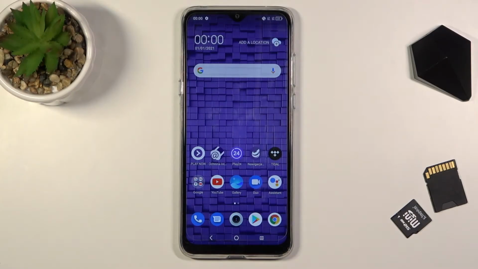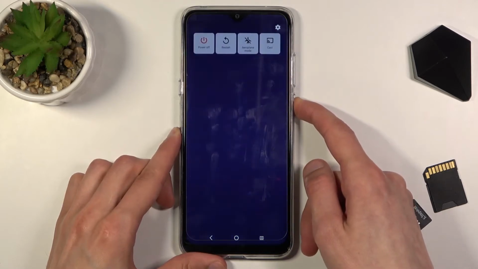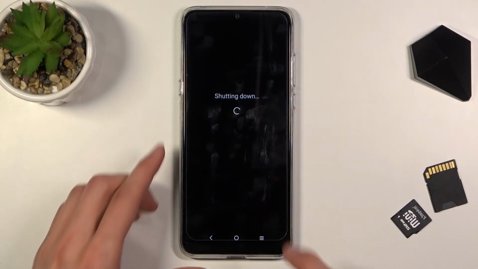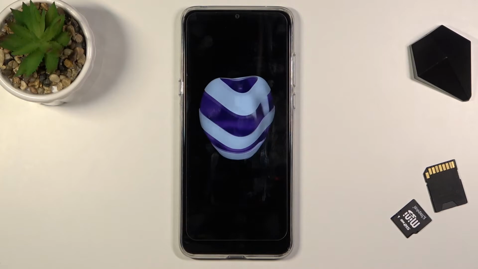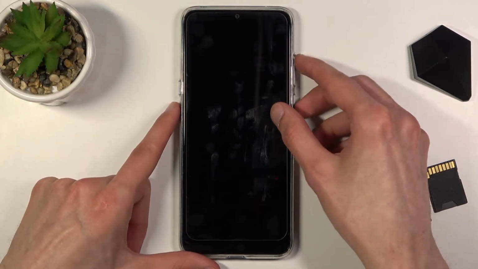Welcome, in front of me is a TCL 20SE, and today I'll show you how to boot the device into recovery mode. To get started, you want to hold the power key, and from here select power off. Once the device turns off, hold power key and volume up, and you will hold both of those keys till